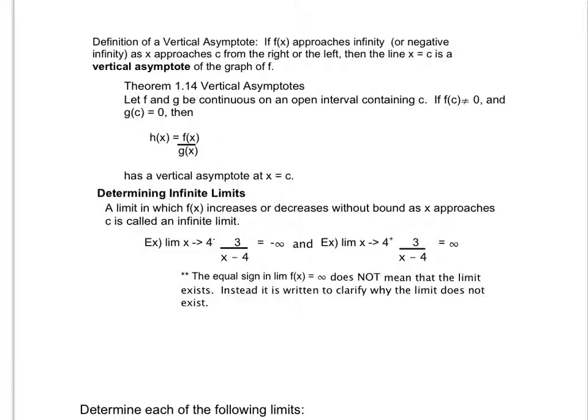If you have two continuous functions on an interval containing the number c, as long as f of c does not equal 0, so this is telling me that if I use direct substitution, the top is not going to be 0. And the bottom does equal 0, so it is not indeterminate form because top is a number, bottom is 0. What that means is there's a vertical asymptote there. So really what that's saying is if you have a non-removable point of discontinuity, you will have a vertical asymptote